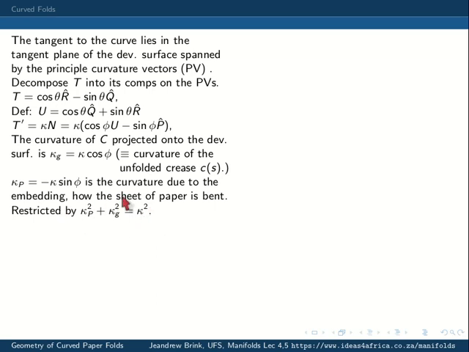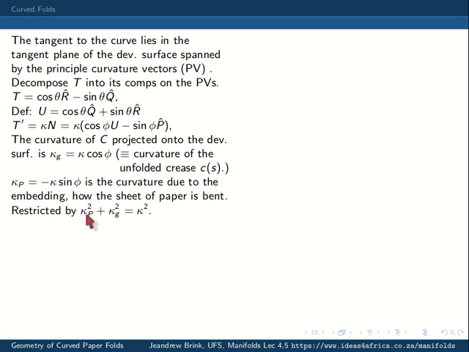Okay, and this is wonderfully restrictive. So what does that mean? The space curve has a curvature that's common to both sheets, and that curvature is kappa. So that fixes that curvature. This curvature kappa G, which is the curvature of the unfolded crease, is also the same. It's the same flat crease, whether you fold it or not. So for both sheets of paper, this side and that side, you have the same kappa, you have the same kappa G. So that immediately implies that this kappa, due to being projected,